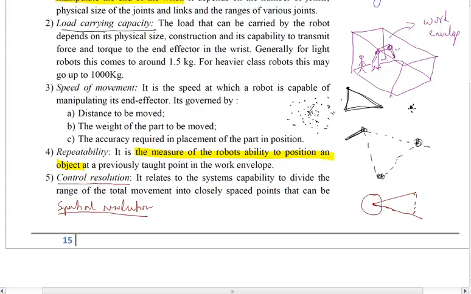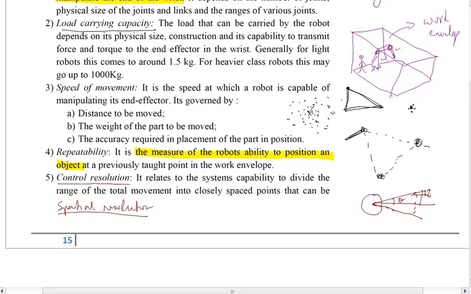Now this may not be the shortest distance we wanted to travel. We may want it to travel and come exactly here. We may want it to move just this much distance. It is the control resolution that is going to decide this. The smallest distance that it may move may come up to here. It cannot take a smaller step than this angular step. This small angular step theta is the smallest step that the motor can move,